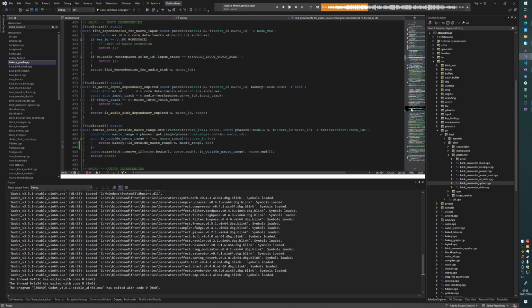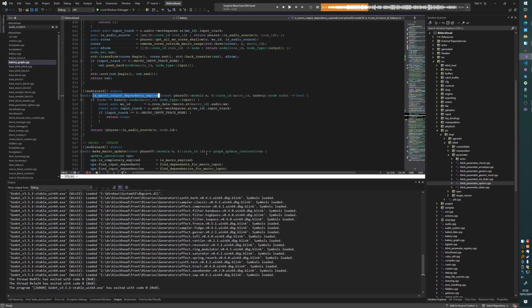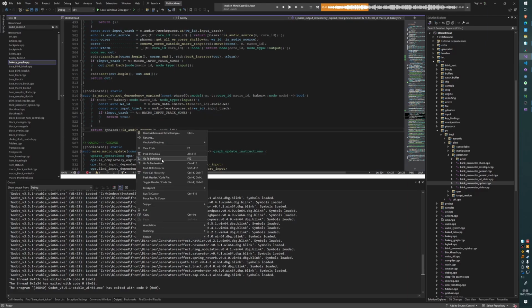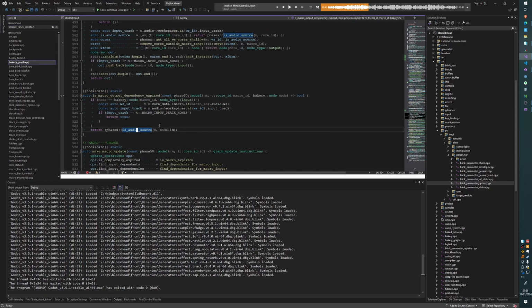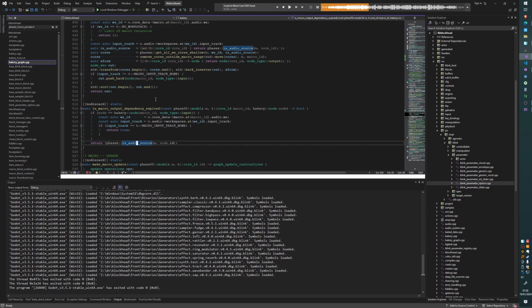Macro. So is macro output dependency expired? See, I'm not checking if it's outside range anymore. Yeah, I have to keep this symmetrical, and I'm not doing that. Okay, so there's a couple of changes I have to make here. So, if it's not an audio source,